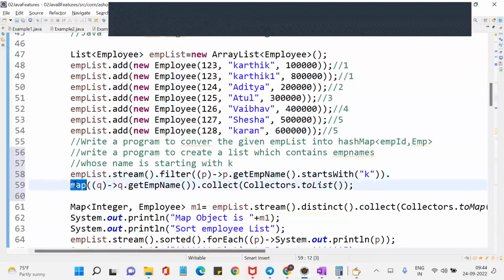And then how many terminal operations can you invoke? Only one. You cannot invoke multiple terminal operations, but you can invoke multiple intermediate operations. Okay. Now here,